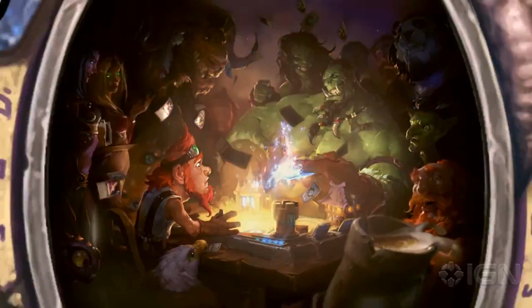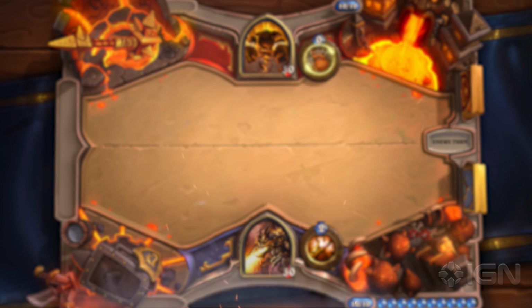So in this part, we're just going to go over all the neutral cards. There are 12 of them in total, and these cards, of course, can be used by any class, period. We're going to work our way from the bottom of the curve to the top of the curve, and we're going to start out with the 1 mana card,